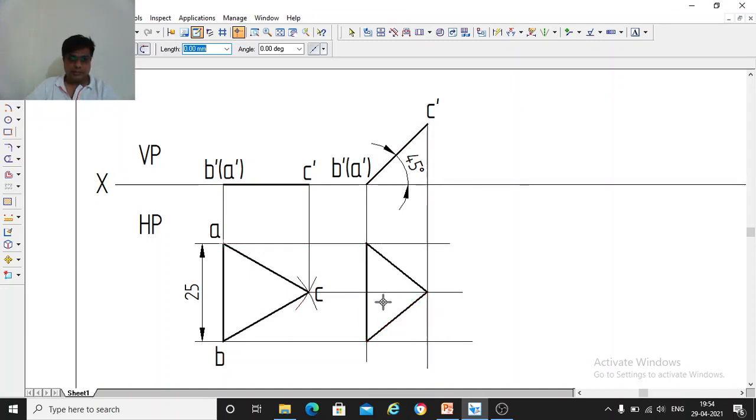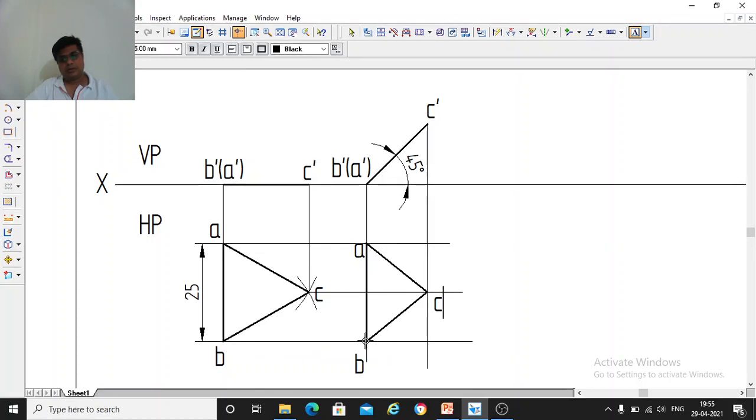So again, name this now. I will name these corners again. So this corner is what? This corner is A. This corner should be B. Don't change the corner names, it should be same. Since you have taken this corner as A, this should be A only. You cannot write B here. You have taken this point as B, so this will be B only.